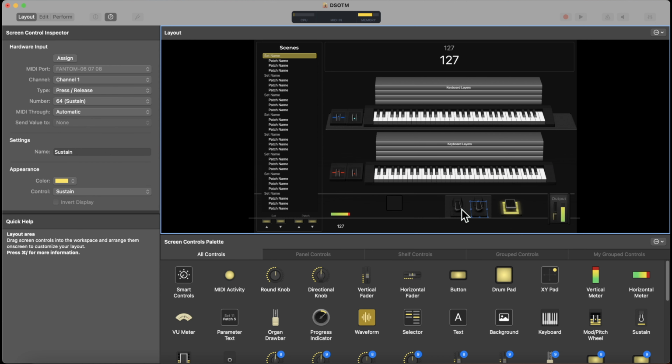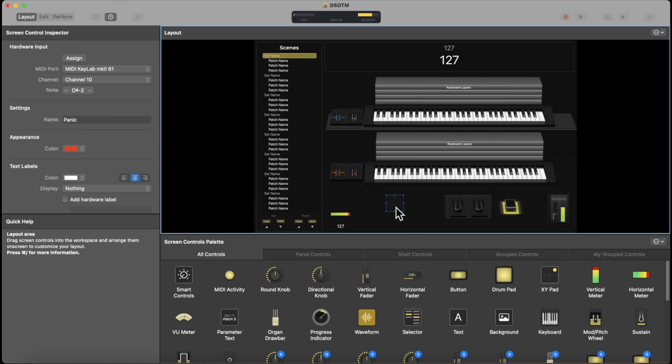Make sure to repeat the process for all controls. This is the sustain pedal for the bottom keyboard. Then you click this one, click assign, step on the sustain pedal, deselect assign. This one, assign, step on the pedal for your upper keyboard, deselect it. Okay. This is my panic button here, and this is